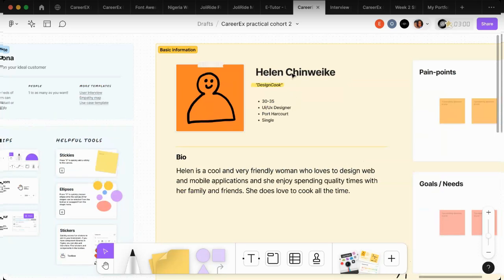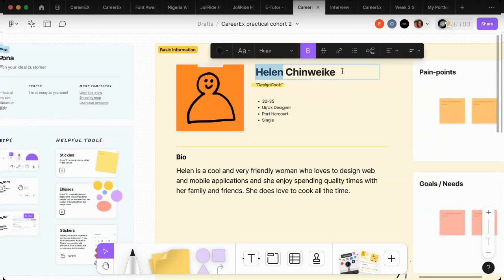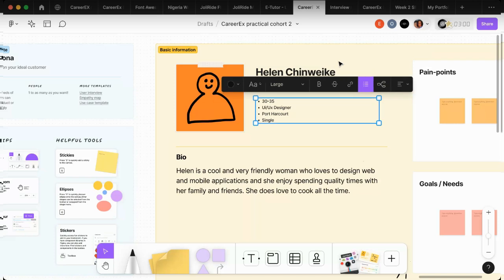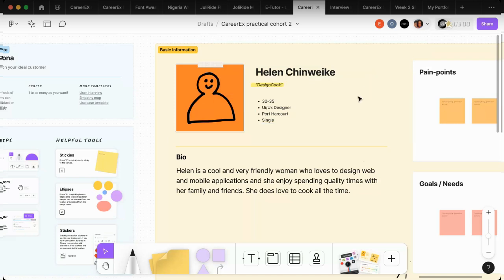So my name, you can choose to add your full name, the full name of a user if you want to, but just write the name of the person. Like let's say Maureen is actually carrying out a one-on-one interview with me. So the name I gave to her is just Helen Chimiki, and that's what she's just going to write. So if I don't have a nickname, she can go ahead and put it. If I don't have, she can just take that